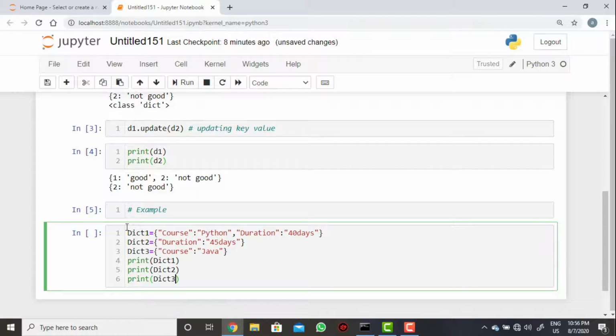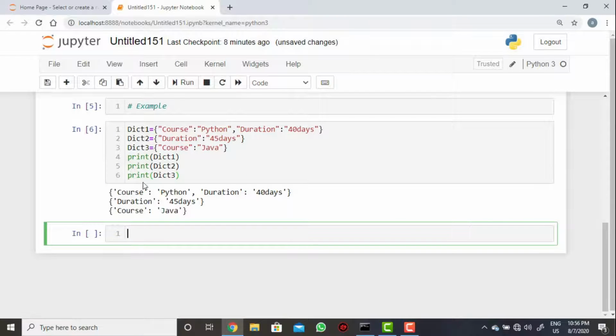Whenever I execute, I get these values. Now I need to use the update method here. What I am trying to do here is dict1.update, then dict2.